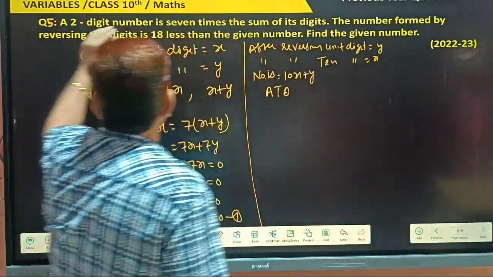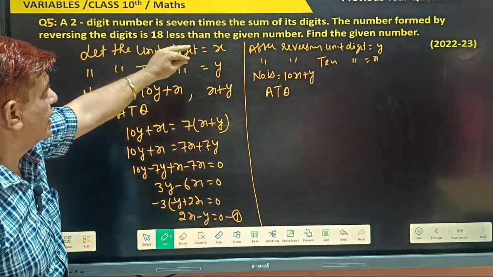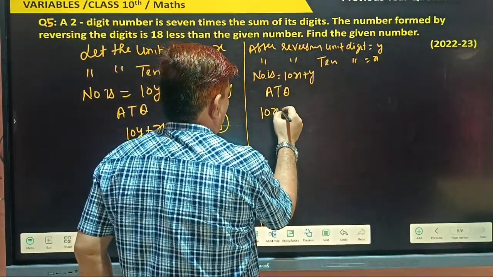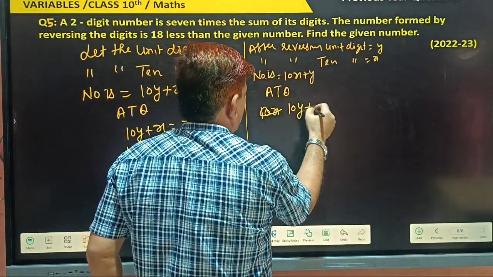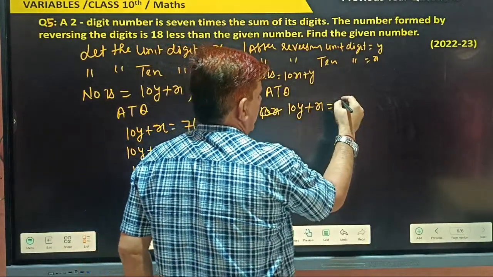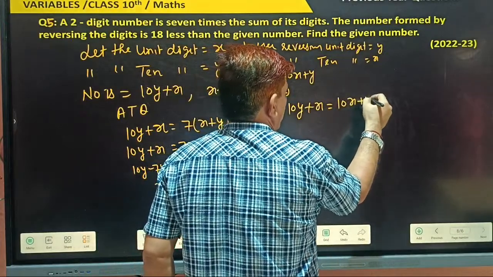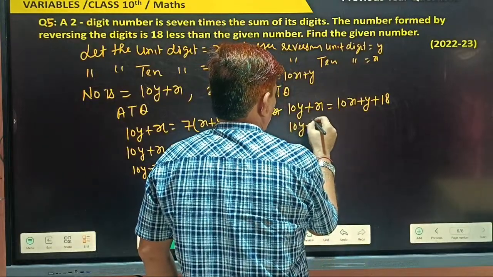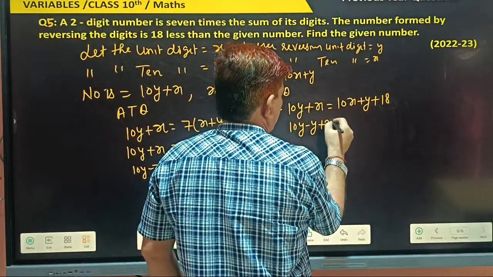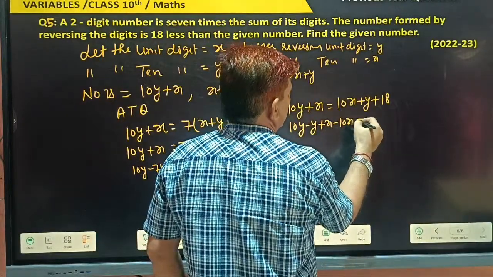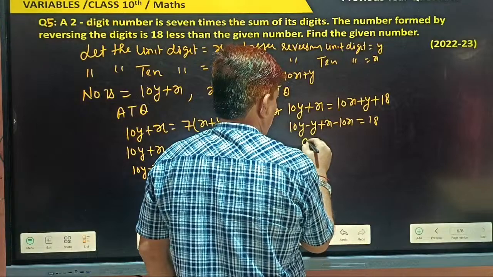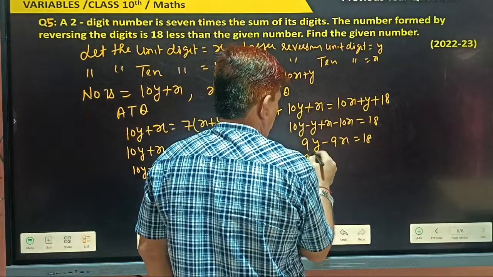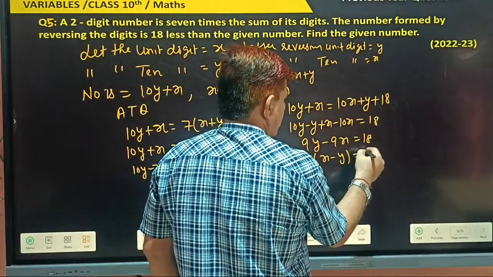the number formed by reversing the digits is 18 less than the given number. Which is the given number? 10y plus x. And this is 18 less. So 10x plus y plus 18, both become equal. So 10y minus y plus x minus 10x is equal to 18. So what does it become? 9y minus 9x is equal to 18. Taking minus 9 common, x minus y is equal to